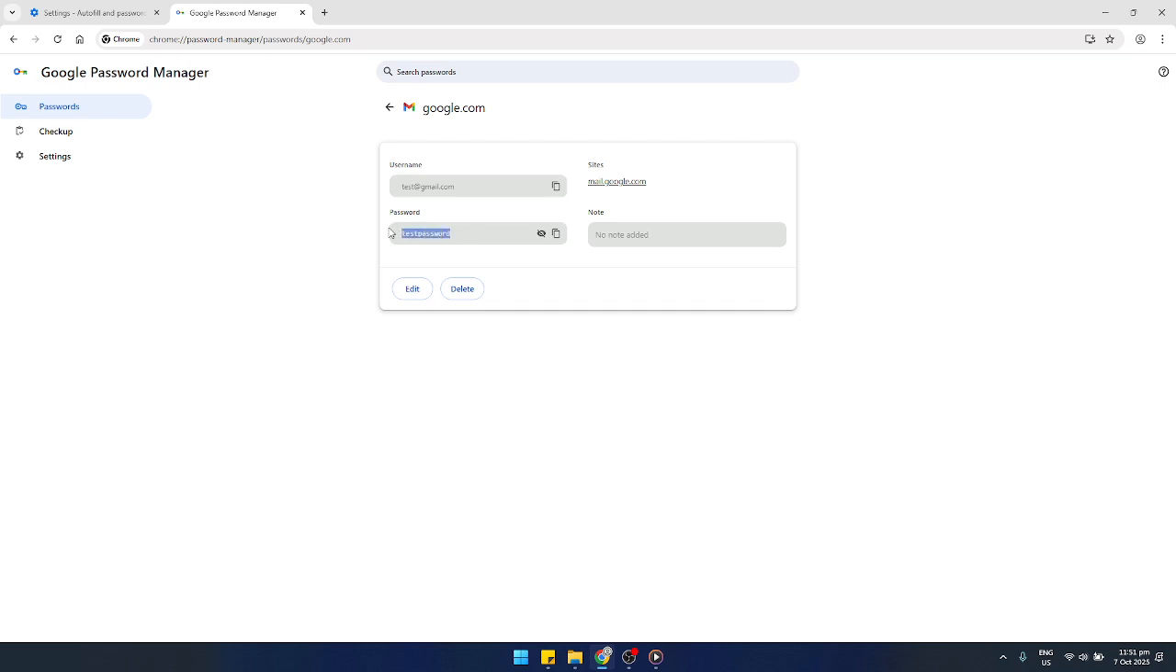And there you go. You've successfully retrieved your Gmail password using Google Chrome. Remember, it's always important to keep your passwords secure. Make sure that your computer and Chrome browser are protected with strong passwords themselves, and consider using a password manager for added safety and